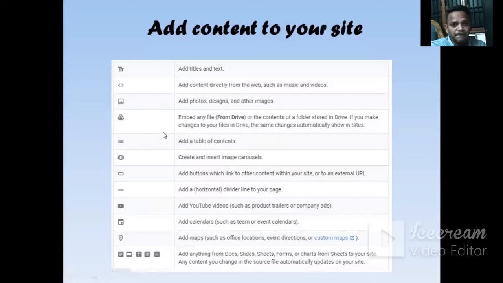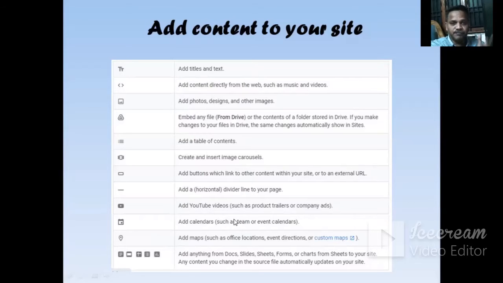See image carousel. And you can add any image. You can add buttons. For example, if you have an additional YouTube channel, you can create one button and give the YouTube channel link. If people who visit your website click on the button on the top, the YouTube channel will open. And the calendar, you can create any calendar, holidays.